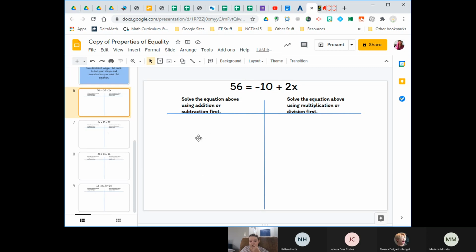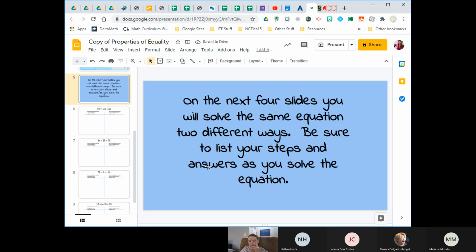So you're going to solve with addition and subtraction first, and then you're going to solve with either multiplication or division first. 2 different ways for each of the 4 problems. Any questions about your assignment? I will be